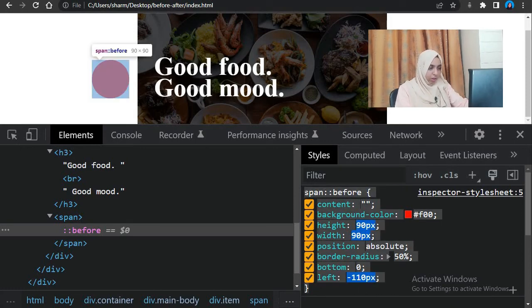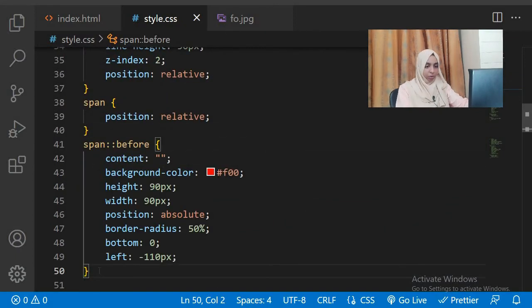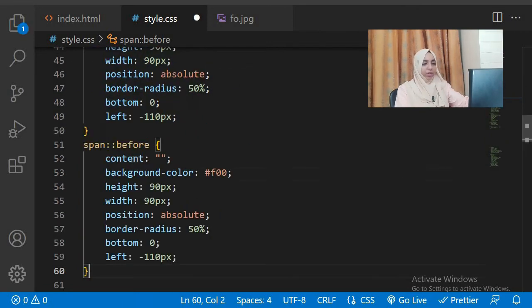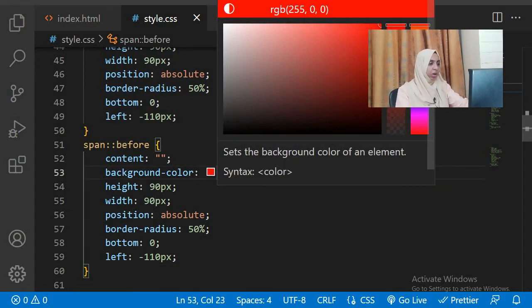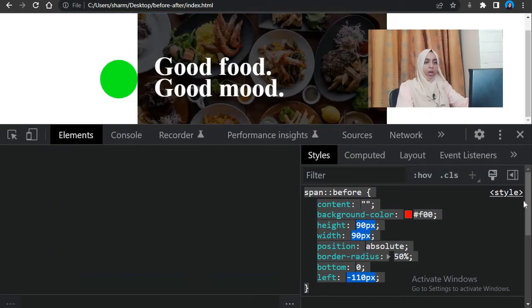Now we will just copy this and paste it over here. So this was your before. The same thing we want in our after. The only difference is the color is different and the value of left is a bit different. So let's change the color from here itself, maybe some good green color here. And the left, maybe you can give this a left of minus 90 pixels, and you refresh.